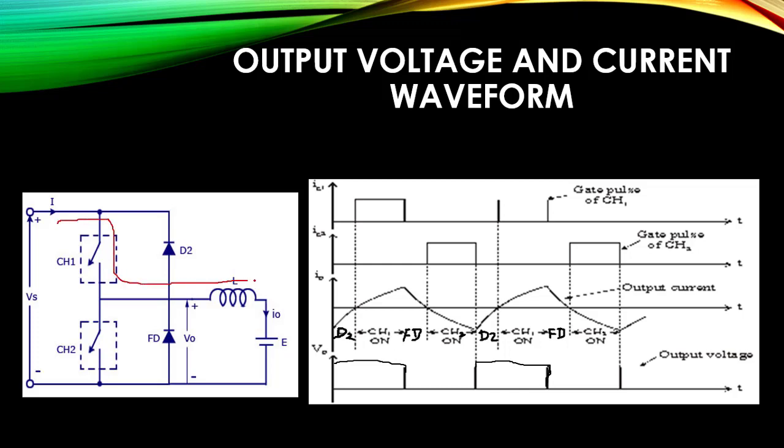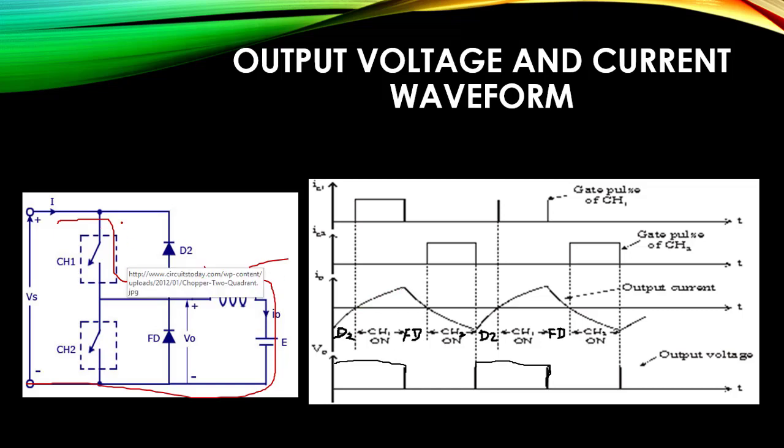The inductor will be charging with its polarity plus to minus. It is charging, so the output current will rise during this duration, that is when the switch is on. Here we are giving the gate pulse to the switch, so at this point the inductor starts its charging, in the positive direction. Then